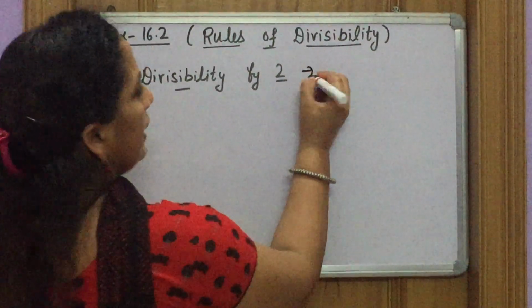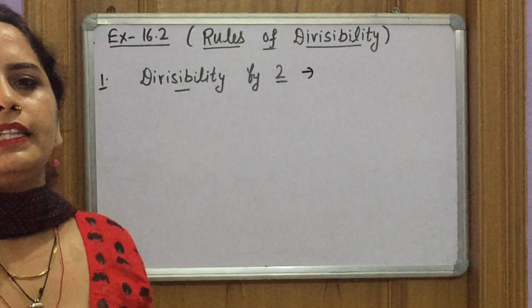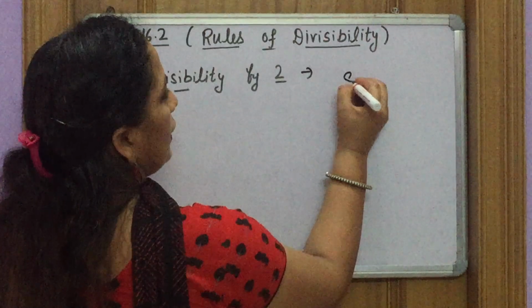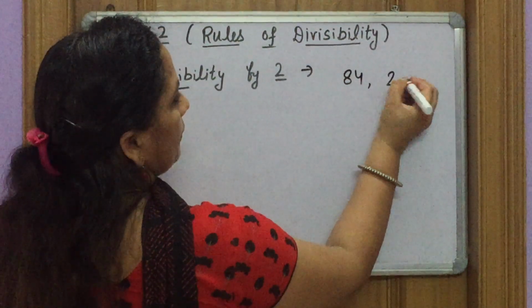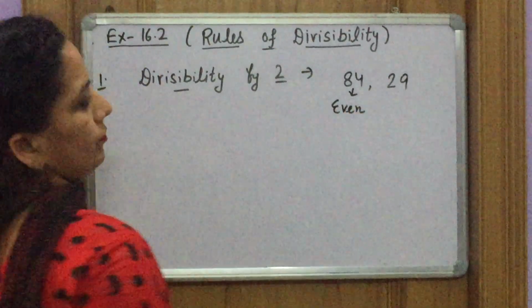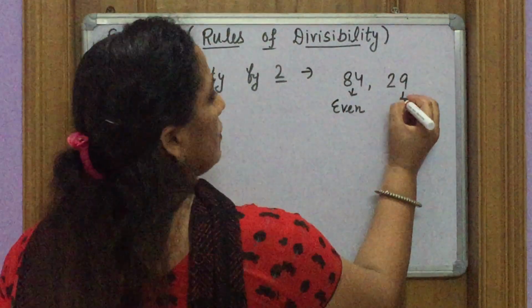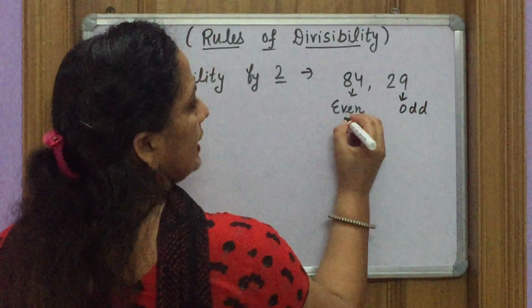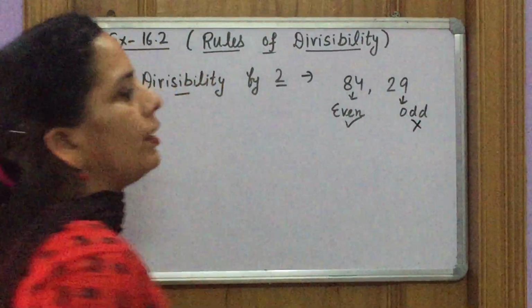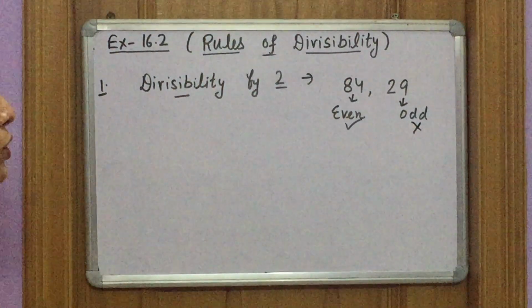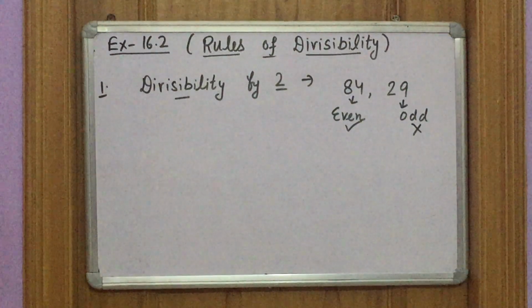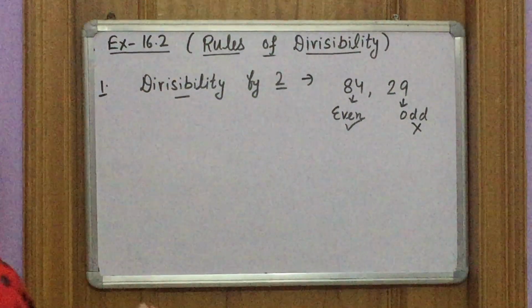When a number is even, then we will say that this number is divisible by 2. For example, 84, 29. This number is even and this number is odd. So we will say that this number is divisible by 2, but this is odd, so this number will not be divisible by 2. So when a number is even, then definitely it will be divisible by 2. Next is